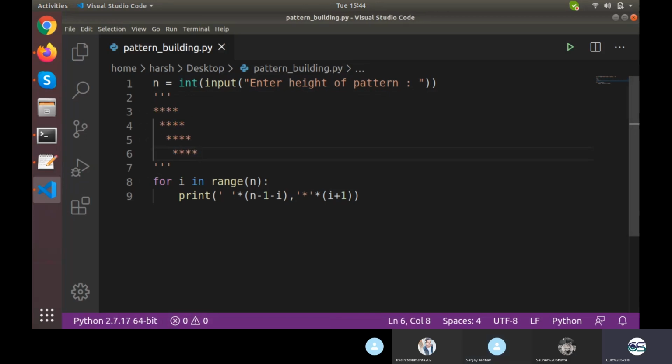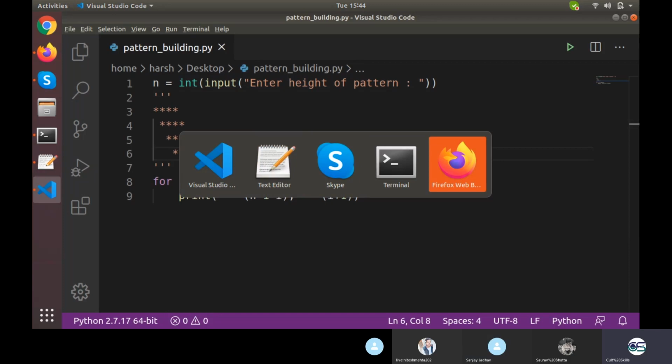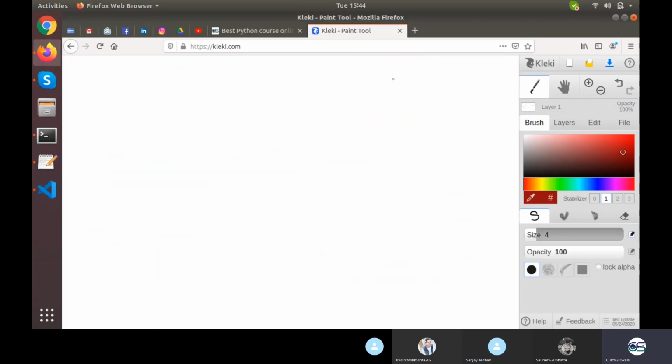Okay, so this is what we want to make. Now let's come to our working arena and let's see what we want to build. So we want to build something like stars.